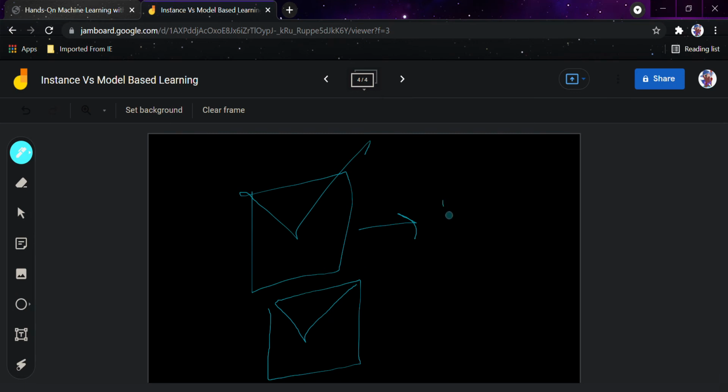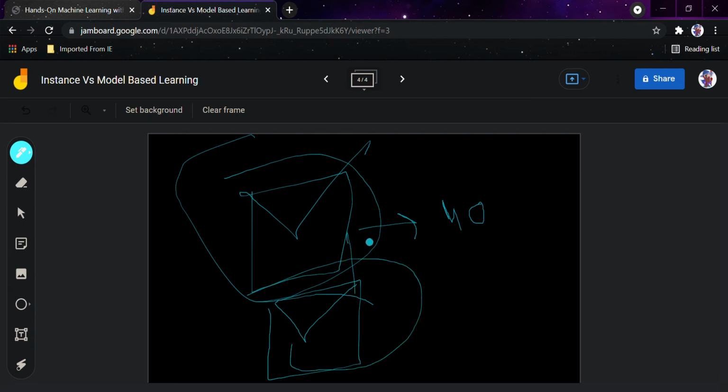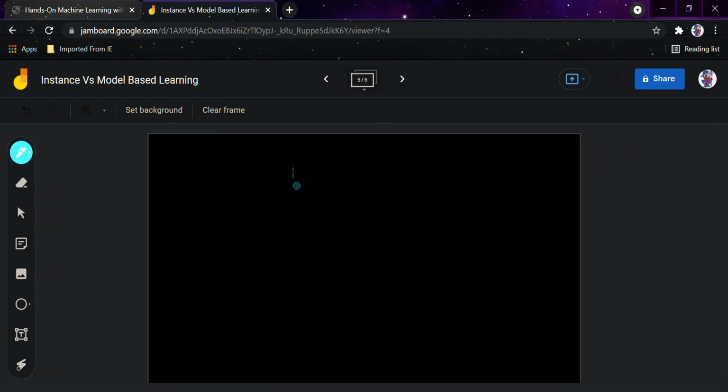Suppose in this email you saw there were 40 words, and this email was spam. Now after that, for every email that comes, the system would flag the email as spam if the number of words in the email is the same as this one, that is 40 words. Hence this is called instance-based learning. The system learns the examples by heart, then generalizes to new cases by comparing them to the learned examples using a similarity measure. Suppose I give you an example through a graph.